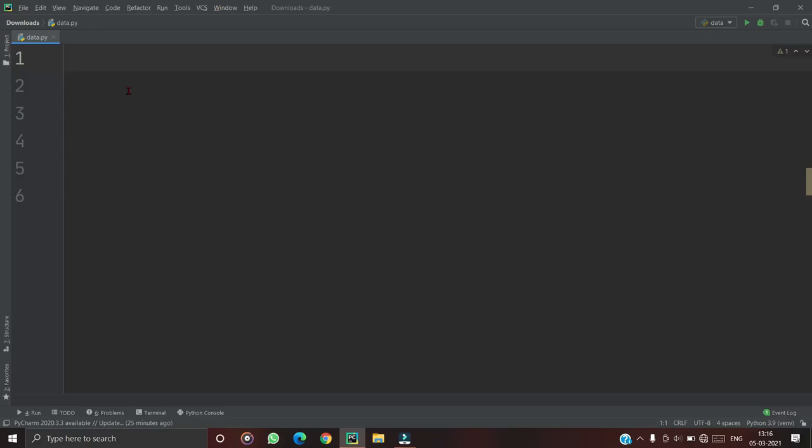Python list is the most versatile data type available in Python, which can be written as a list of comma separated items between square brackets. This is an important thing: a list is always specified in square brackets. Another important thing about a list is that the items need not be of the same type. It can be an integer, a character, or any symbol. Creating a list is as simple as putting different comma separated values between square brackets, like I am showing with the example.